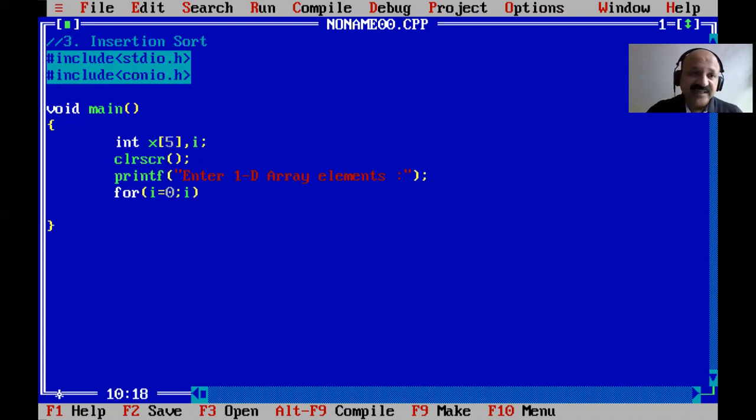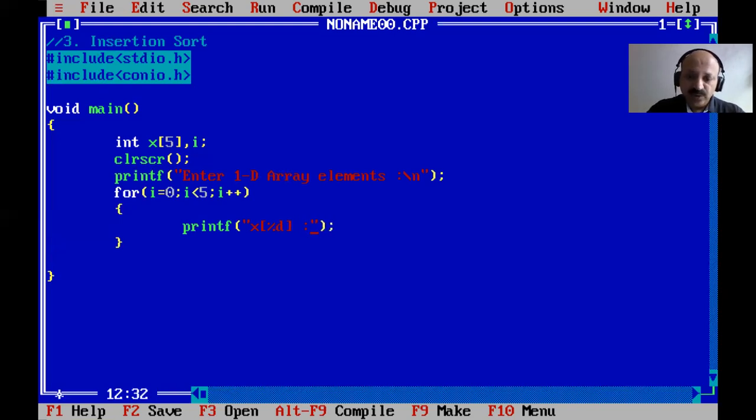So here is the insertion sort technique. I less than 5 and i plus plus. Now we first scan. Here I provide the slash n, and then we take printf. And you can look here, that is the best technique.